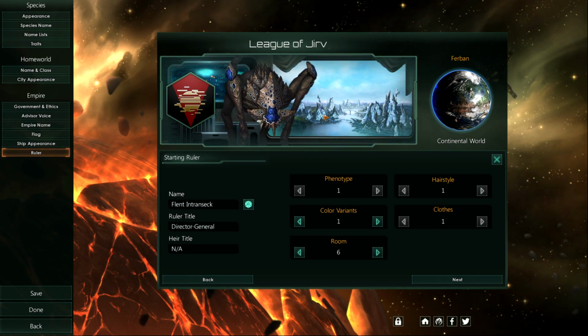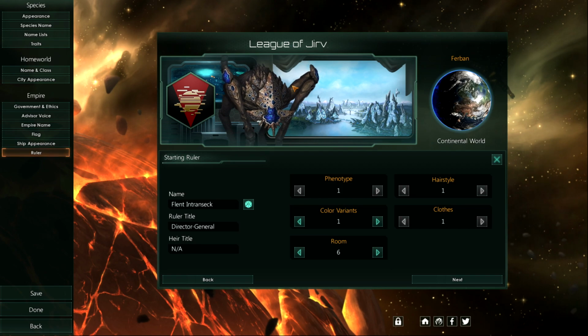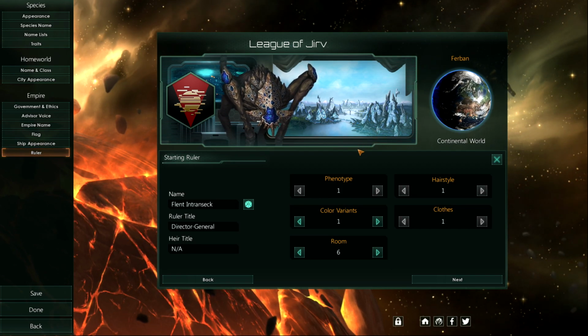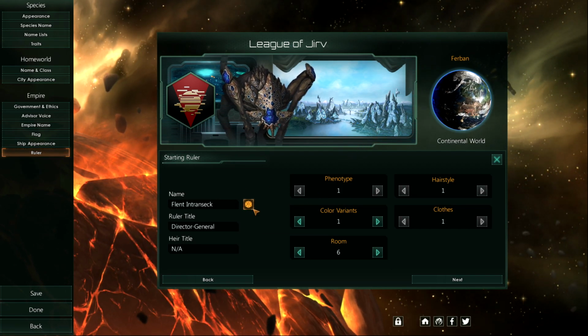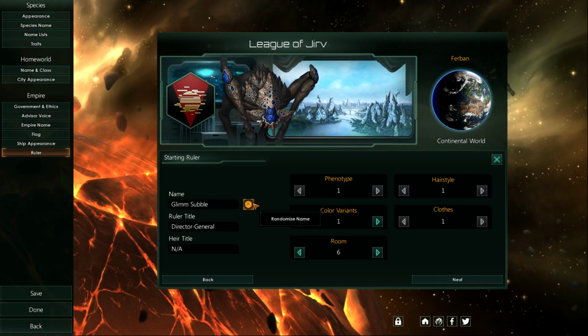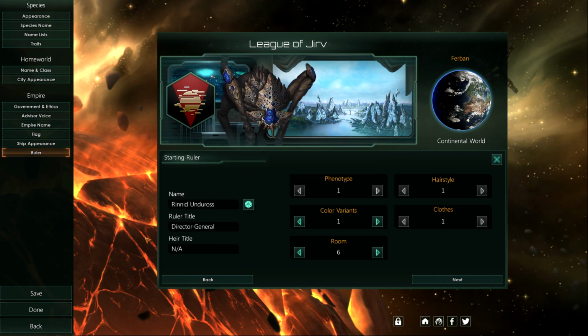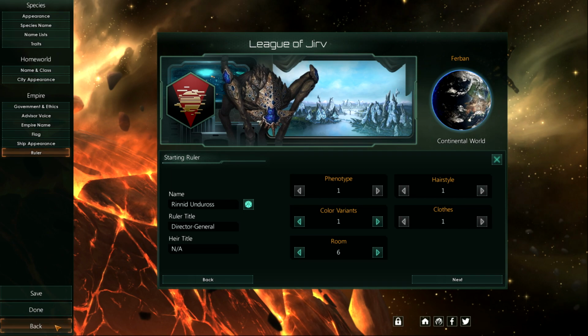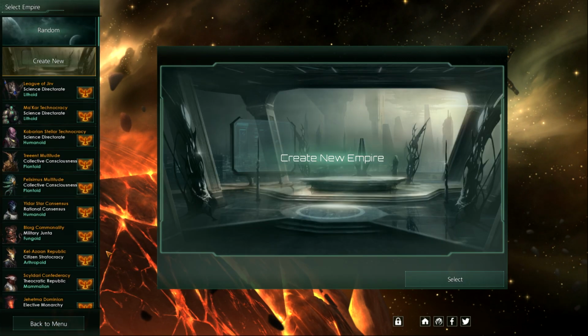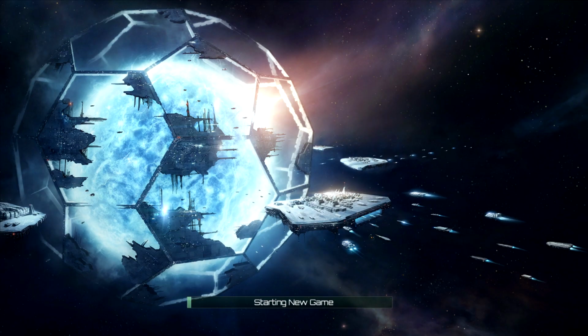I want to look at the view again. Yeah, that's giving us a nice view. So you can see on the rocky world here. Then we have the names here. That's very nice too. So let's save the League of Jerv without their Director General, and let's just start a game to show you what's instantly there